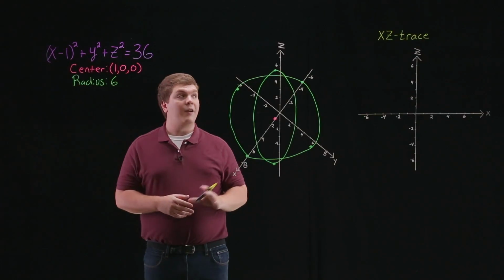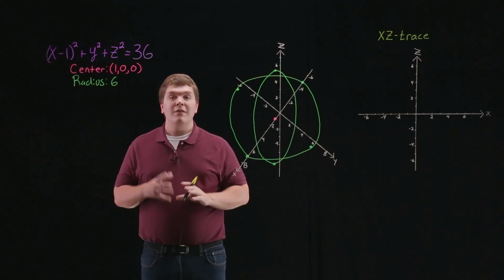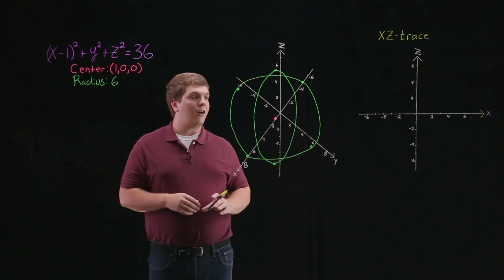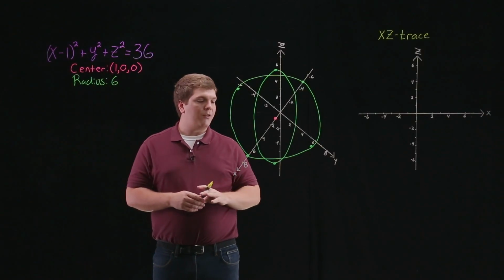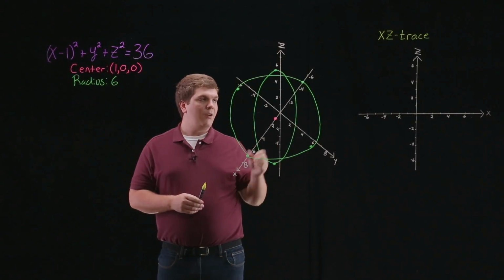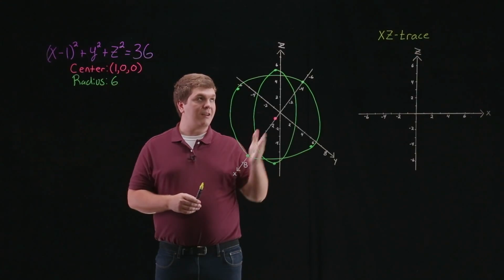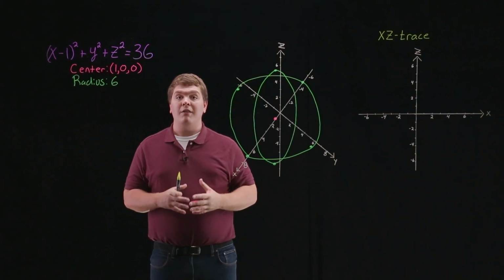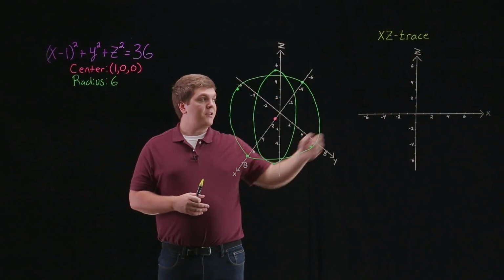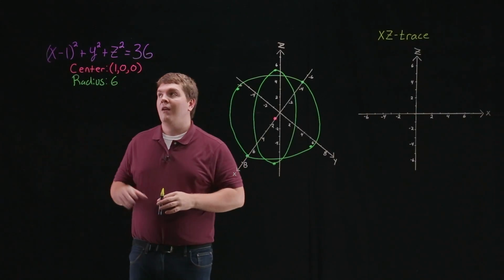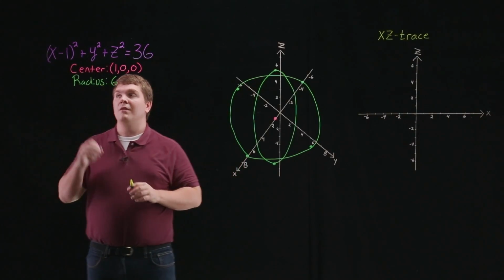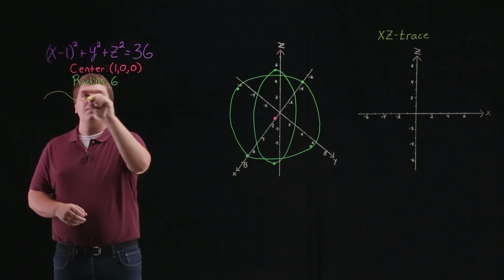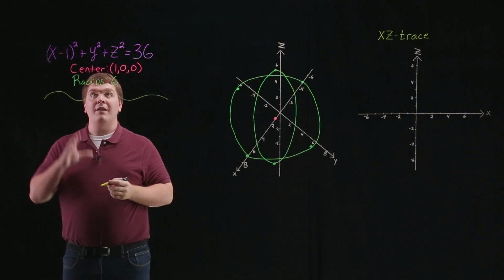So next, we need to go ahead and sketch the xz trace. So we can sketch the xz trace on our sphere, and really what it would look like is just where our sphere intersects the xz plane. But another way to sketch the xz trace is just to draw out the xz plane and then come back to our equation. So if we want to find the xz trace, that's really what we get when we let